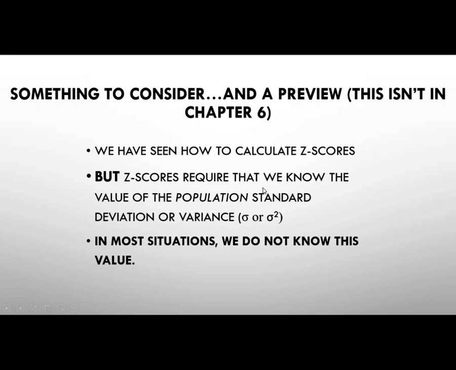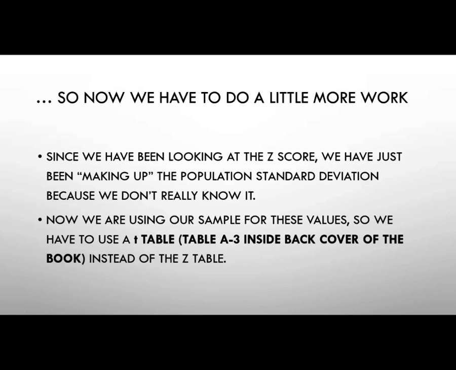And then something to consider, this is from chapter 7, and we're only going to cover a little bit of this, so I'm going to cover it now. We've seen how to calculate z-scores, but z-scores require that we know the value of the population standard deviation or variance, so the sigma or sigma squared. In most situations, we don't know this value, so we have to do a little bit more work. Since we've been looking at the z-score, we have just been making up the population standard deviation because we don't really know it. Now we're going to use our sample for these values,